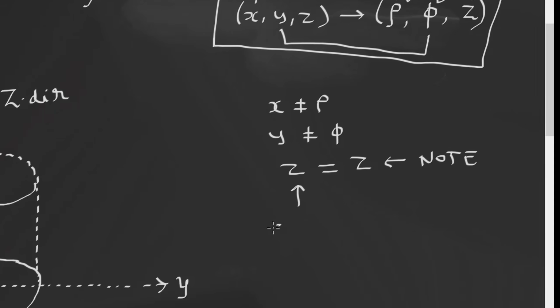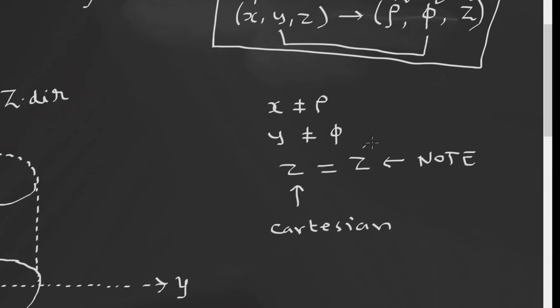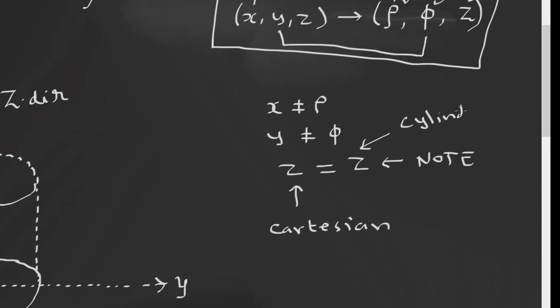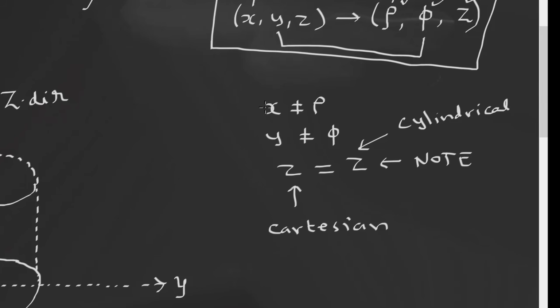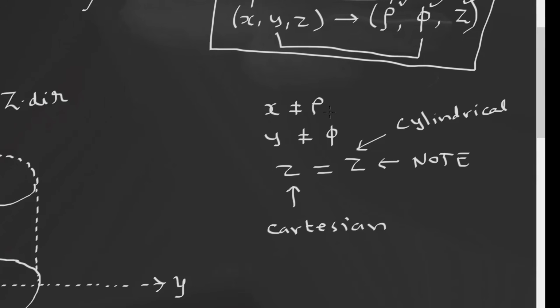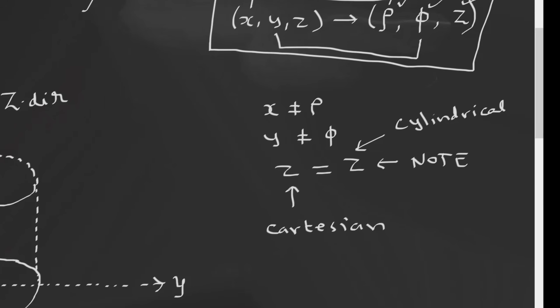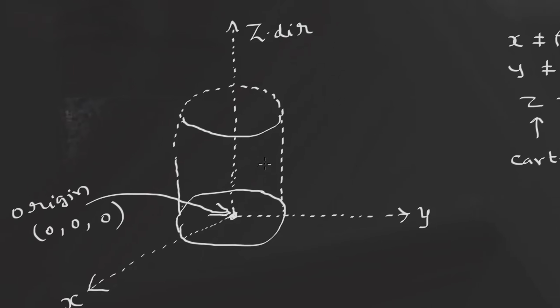This is the Cartesian z value. This one is the cylindrical polar value z. These two things are equal, whereas Cartesian x will not be equal to cylindrical rho. It is going to have a different numerical value. I am talking about a number. The two numbers won't be the same. It is going to be a different value. And we can easily see why these things are happening like that.